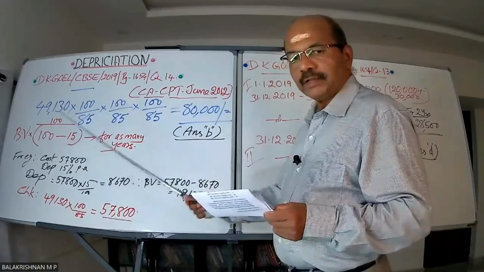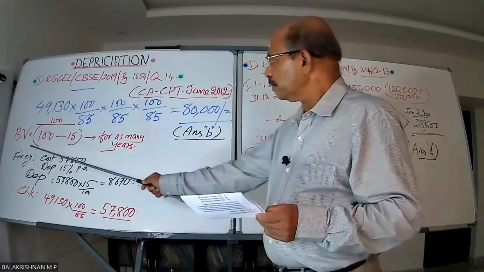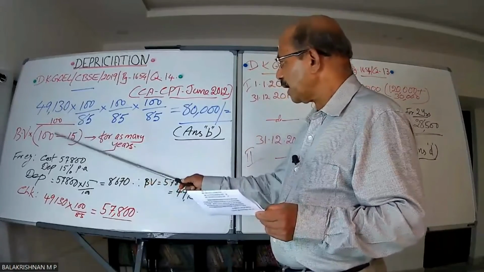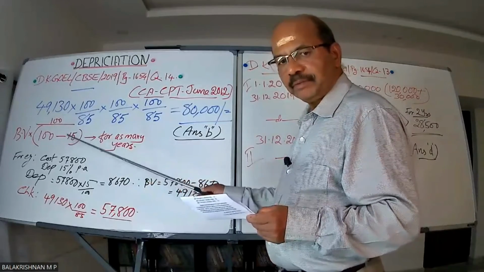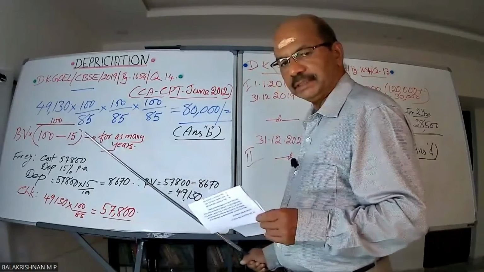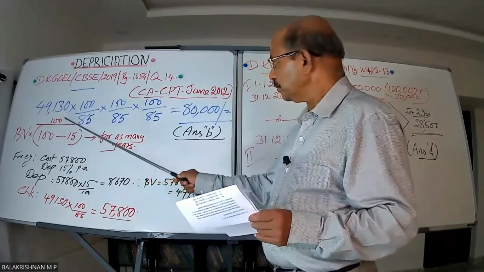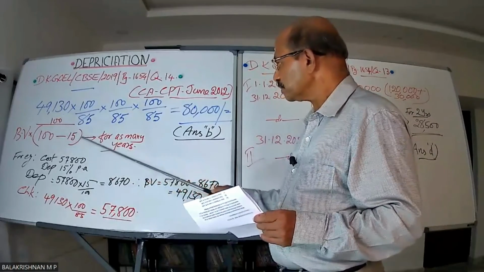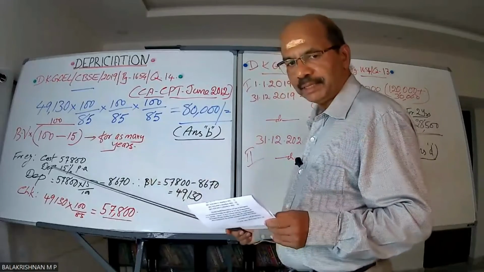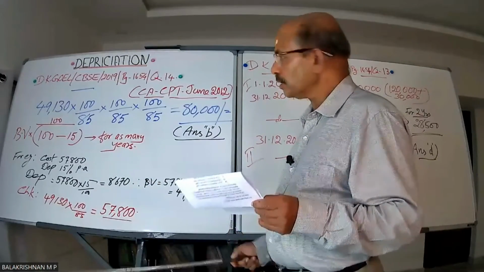This is the formula to be adapted. Given book value into 100 upon 100 minus rate of depreciation for as many years. Simple like that. I repeat, given book value into 100 upon 100 minus rate of depreciation for as many years. That being the case, here given book value is